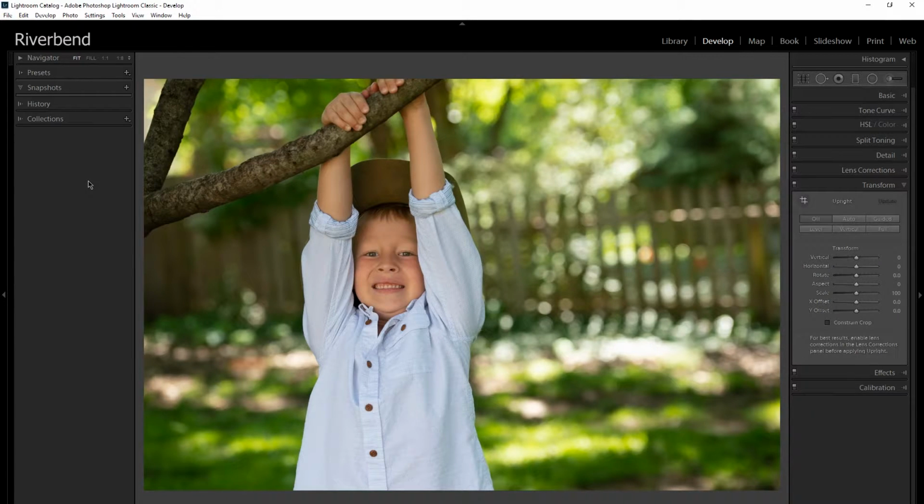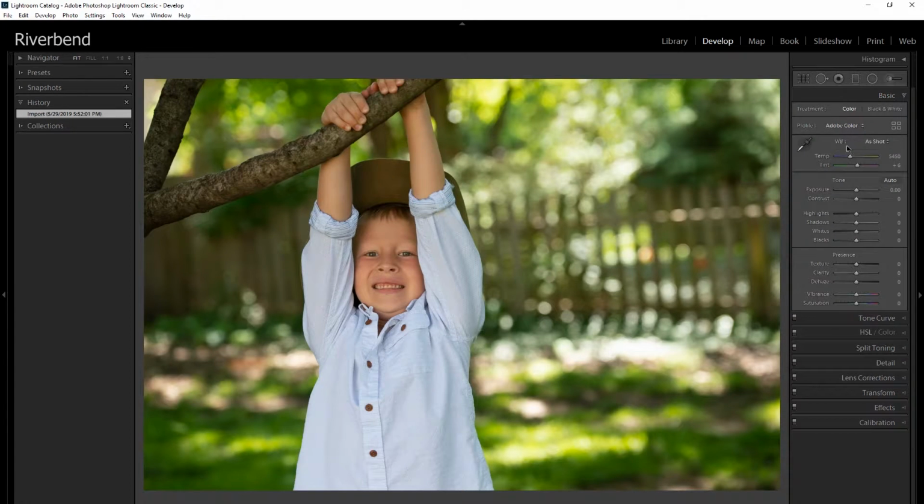Okay, so we've got this picture and we want to see the history. If I click this arrow to the left of the word history, it'll show everything that has been done to this picture since it was imported just a few minutes ago. So right now there's nothing in there, but if I come over and start messing with any of this stuff, you will see